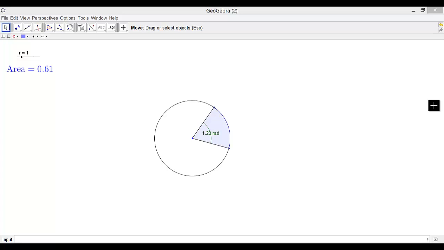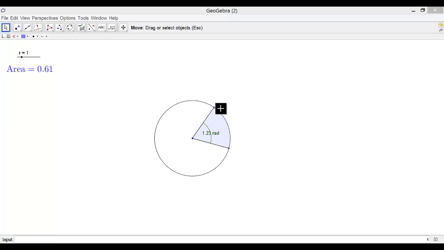Radians also give us a nice way of measuring what are called sectors in circles. So in this circle here I've shaded in blue this region. A region like this that kind of looks like a piece of pizza is what we call a sector of the circle. And there is a strong relationship between the angle in radians and the area of one of these